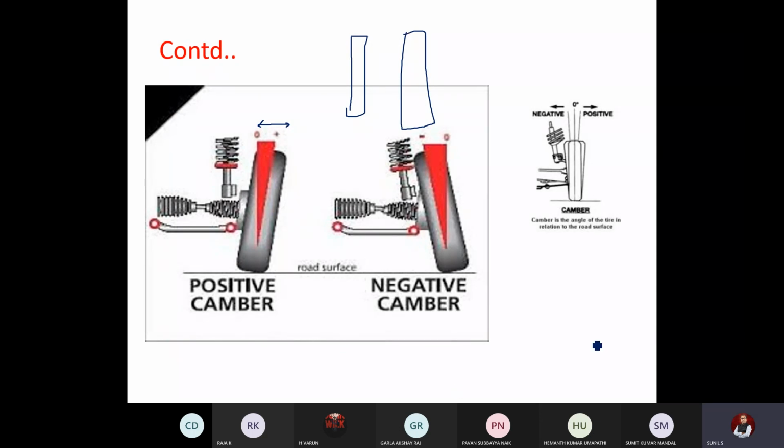So this usually you cannot find out with the naked eye. Only when you take a report of the vehicle, when they do the wheel alignment, you can see plus 4 degrees, plus 3 degrees, plus 0.4 degrees, like this they will be giving camber, caster, etc. There you can find out with the help of sensors.